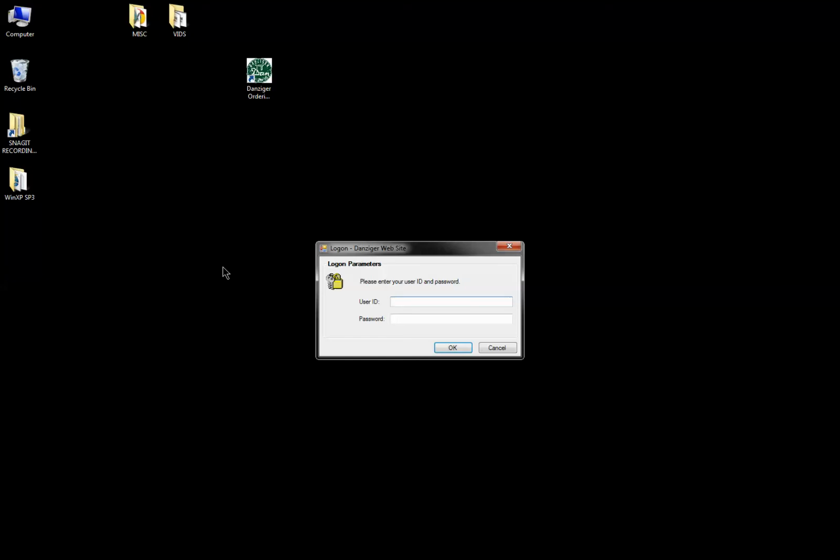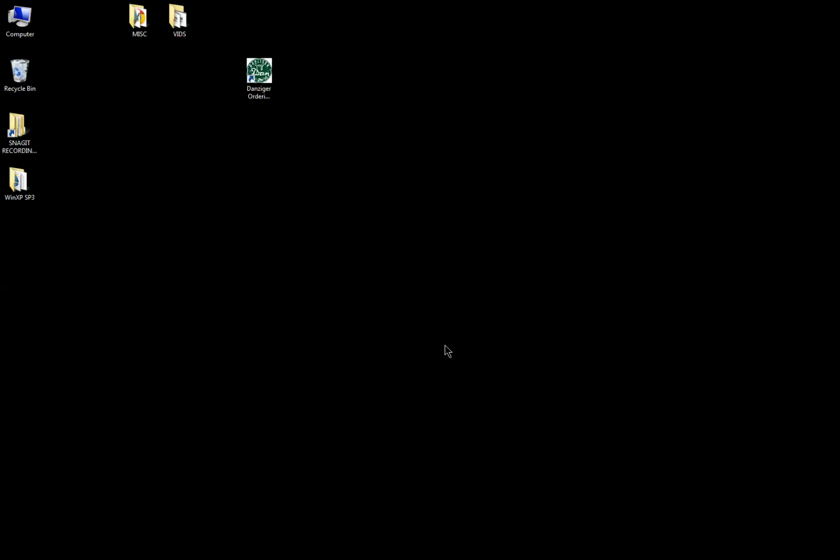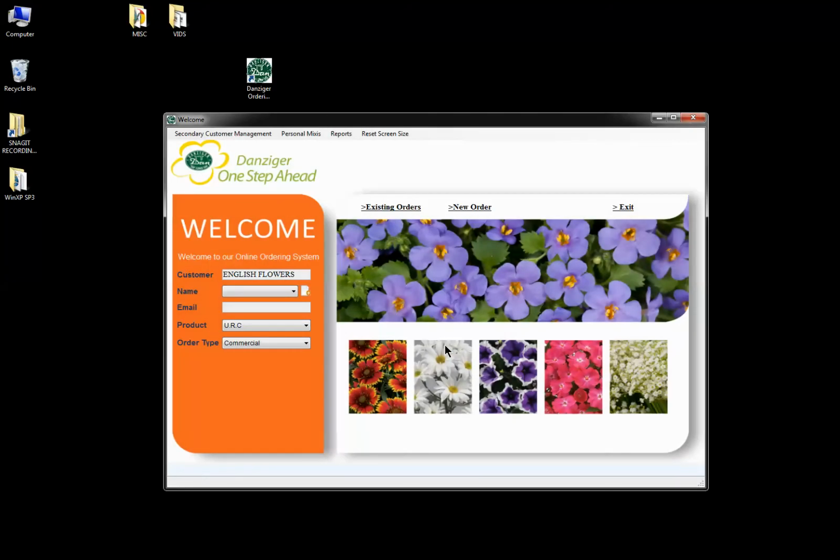The dialog box and the credentials that you add in here is your customer number that you receive from Danziger, just as you did with the previous ordering system. In this case we're going to be using a fictitious client called English Flowers, and the relevant password. Again, we wait a few seconds for it to load up, and now we can begin to place a new